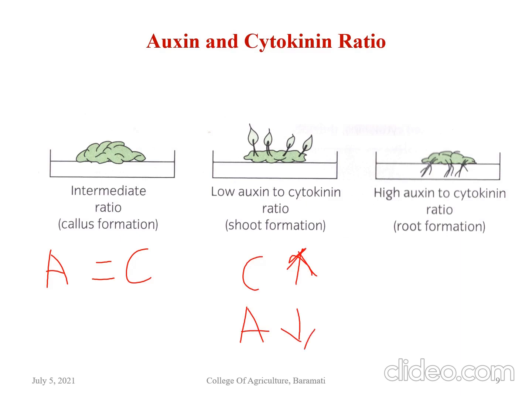In the next image, where only roots are developed, the auxin is increased in the media and cytokinin is added in lower concentration. That's why auxin causes the promotion of roots, and cytokinin causes the promotion of shoots. This is how the auxin and cytokinin ratio determines the organogenesis fate of a callus.